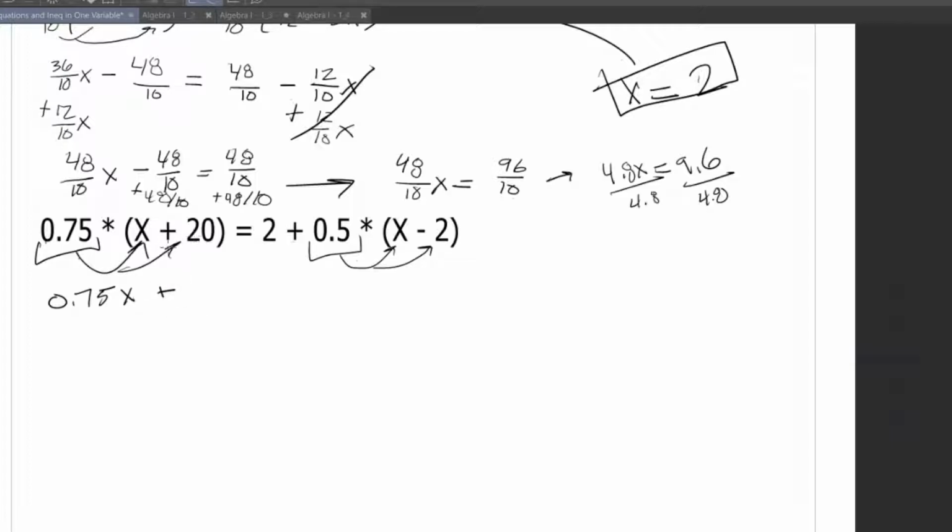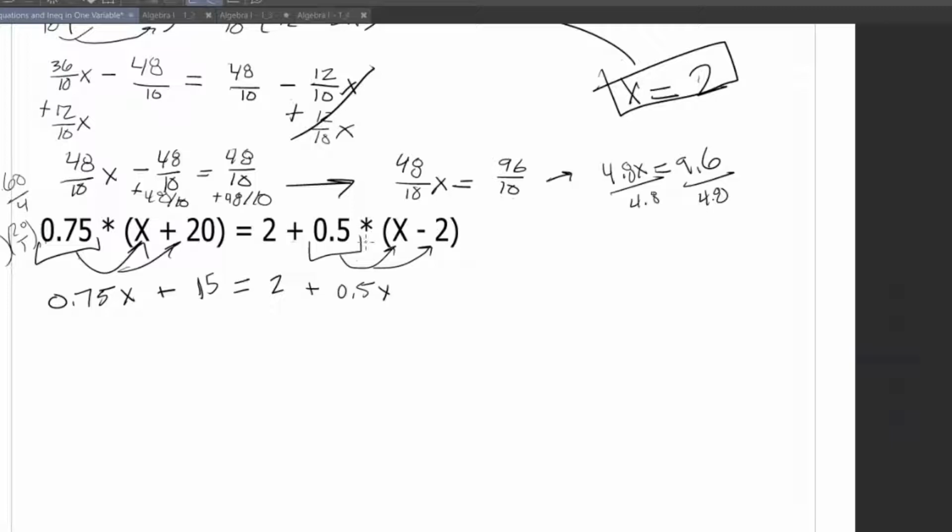0.75 times 20, right? And 0.75 is the same as 3 over 4, right? So we want to take 3/4 of 20, right? So if we were to do this, we have 20 over 1 times 3 over 4, which is 60 over 4, which is the same as 15, right? Okay. Equals 2 plus